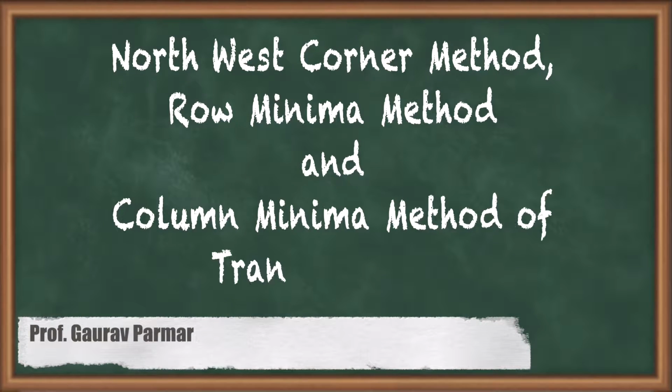Hello friends, in this lecture we will try to solve some examples with the help of some of the transportation methods. In the previous lecture I have already told you that there were 5 different types of methods in transportation method which provide the initial basic feasible solution. The first methods were row minimum method, column minimum method and northwest corner rule. In this lecture we will see the first 3 types, and these are very simple. You just have to look at the name and solve the questions.